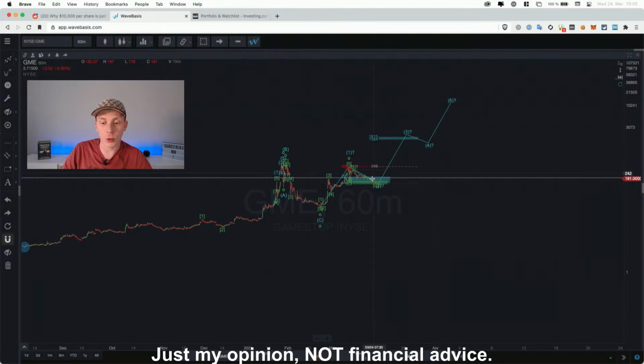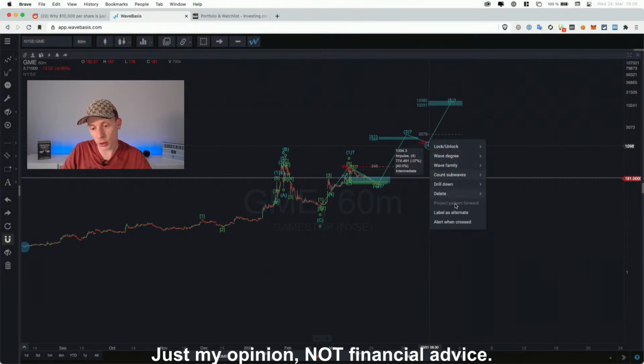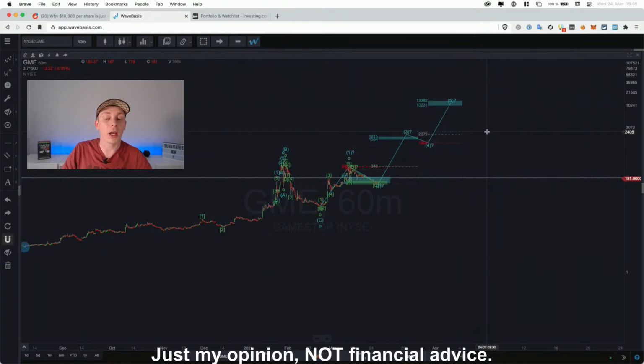So it could be that this wave 5 pattern here will already be the squeeze, although the highest point that we have here is at $10,000 or $13,000 actually, if we log that real quick. Which in my opinion is unlikely, because if we look at the patterns on monthly charts and so on, we also are able to get predictions that take us to $1 million per share. And maybe somebody knows better than I do in that aspect, but the way I see it